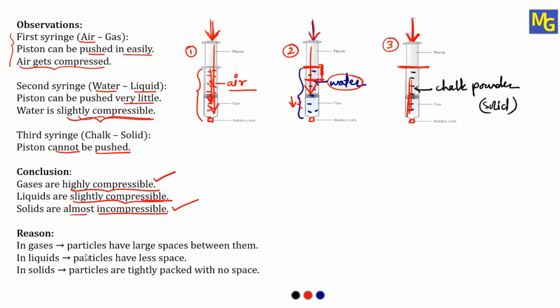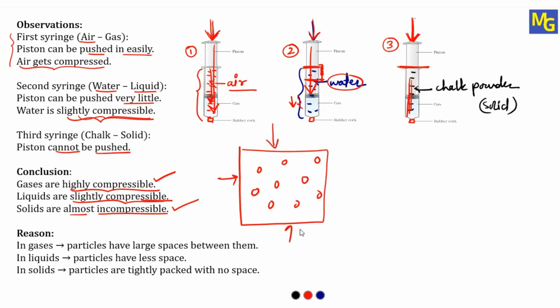In gases, particles have large space between them. So in case of gases, particles have large space between them. You can see, if these red dots, red circles are the particles, in case of gases, they have much space between them. And therefore, when you compress these gases, all particles will try to come close to each other and therefore